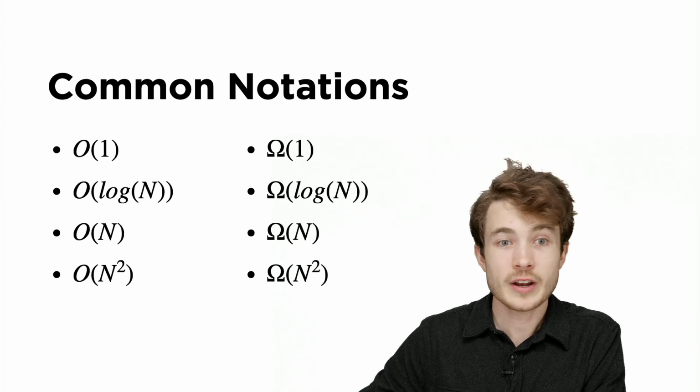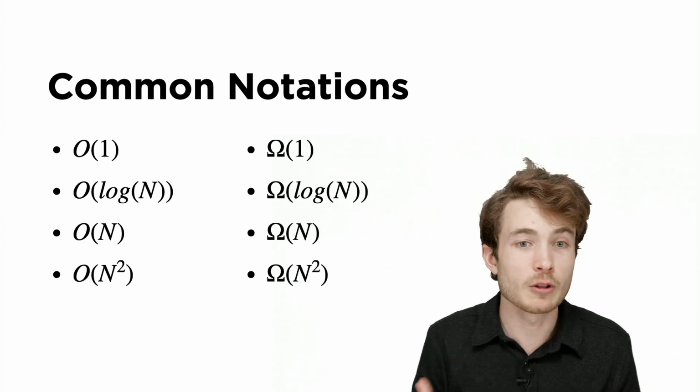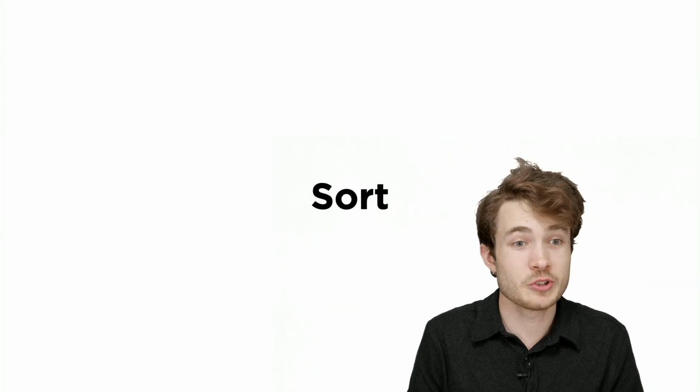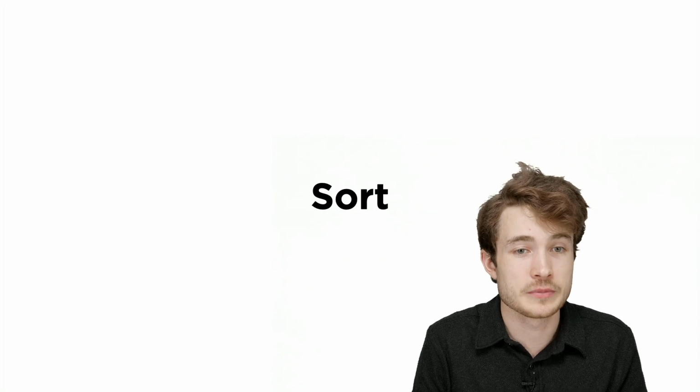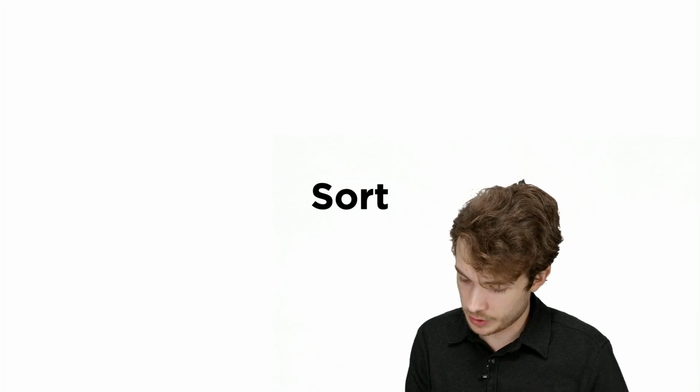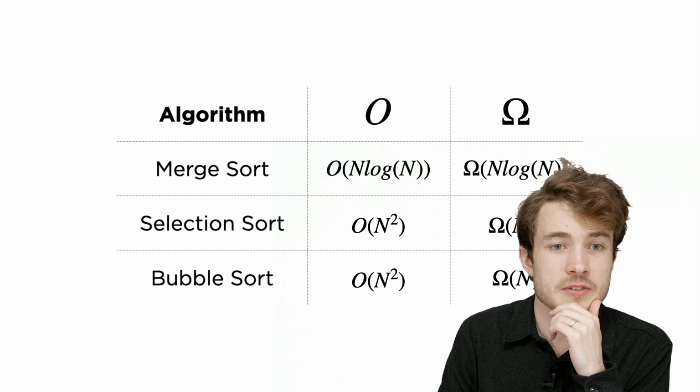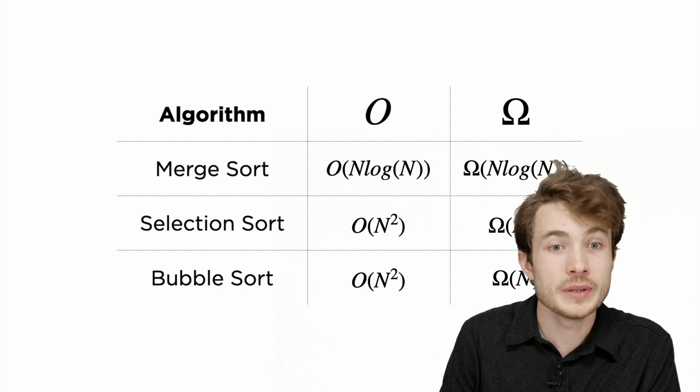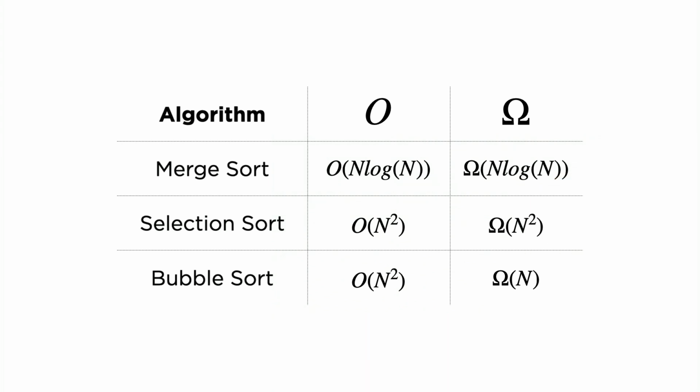Okay. So let's try actually putting some of this into practice. And so the very first problem this week is one called sort, in which you're given some various sorting algorithms. So we've talked here about searching algorithms, but now let's transition to thinking about sorting algorithms. So in lecture, we saw 3 different sorting algorithms, and here they are, along with their big O and big omega notations. So notice here that we have merge sort, which we saw was among the fastest of our sorts. You can see that merge sort has a big O notation of big O of n times log n. And the same thing for its omega notation, big omega of n times log n.